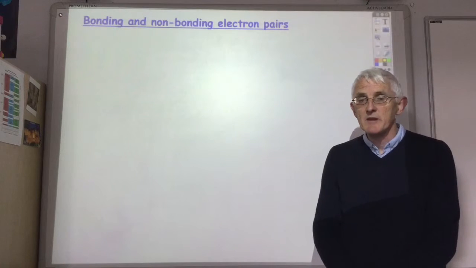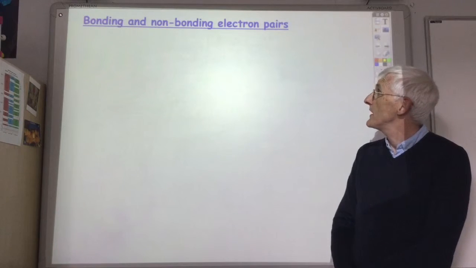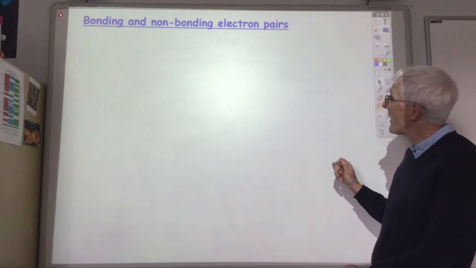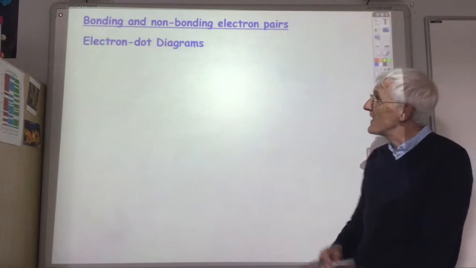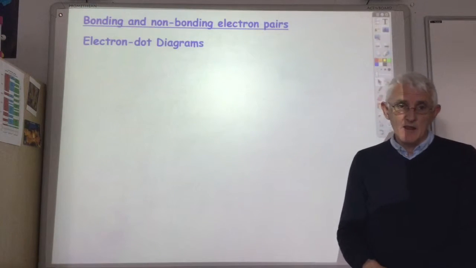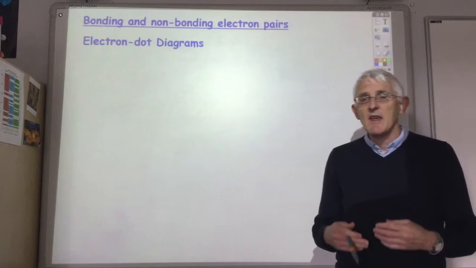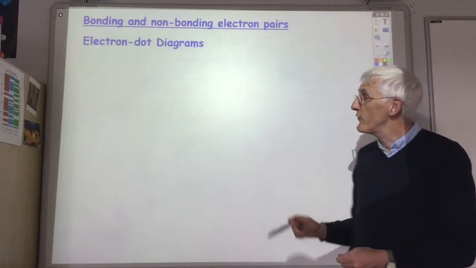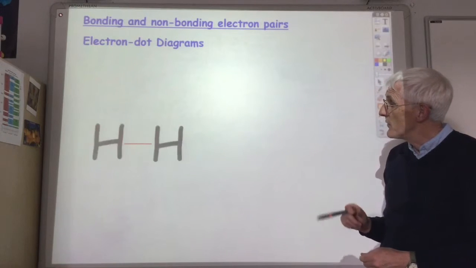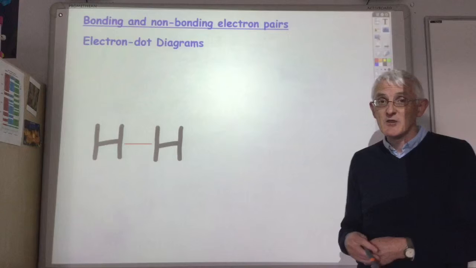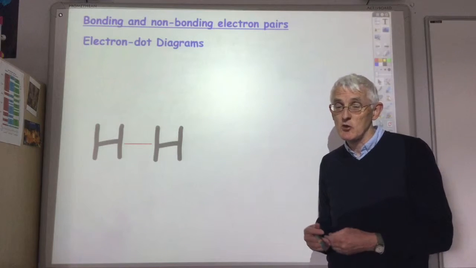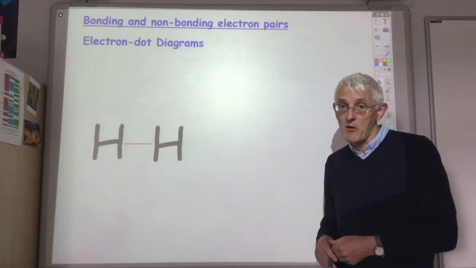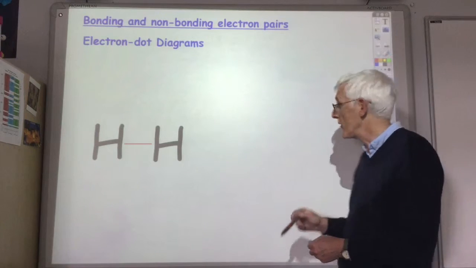In order to explain the difference between bonding and non-bonding electron pairs, it is necessary to learn how to draw electron dot diagrams. They're a bit like the method we used to use in National 5 to demonstrate how a covalent bond was formed. For example, here's a hydrogen molecule. So at National 5, if you'd been asked to draw a diagram showing all the outer electrons to show how a covalent bond is formed in a hydrogen molecule,